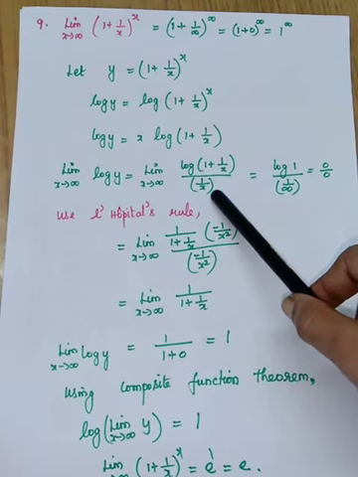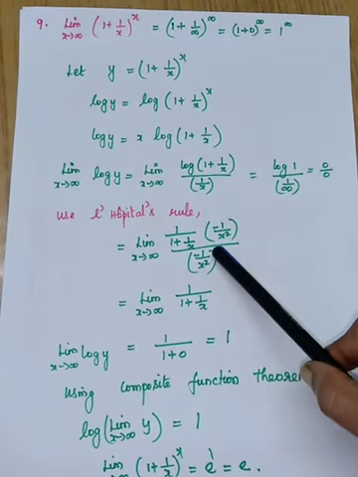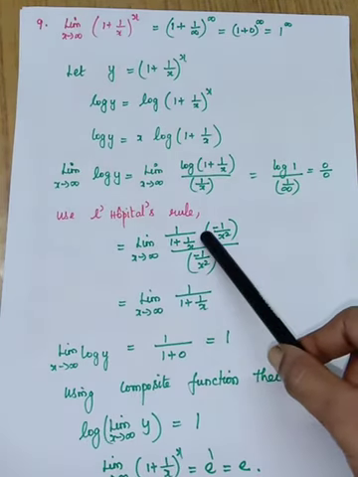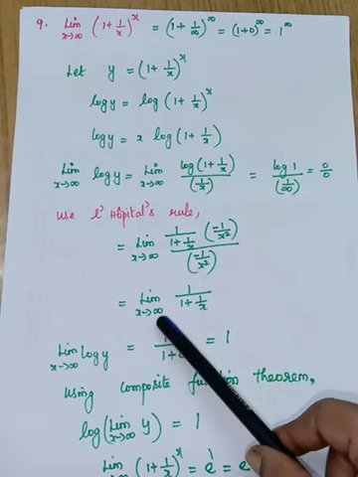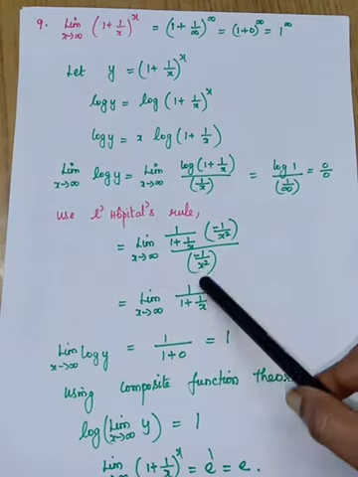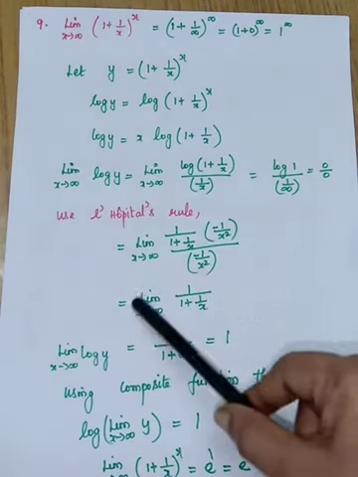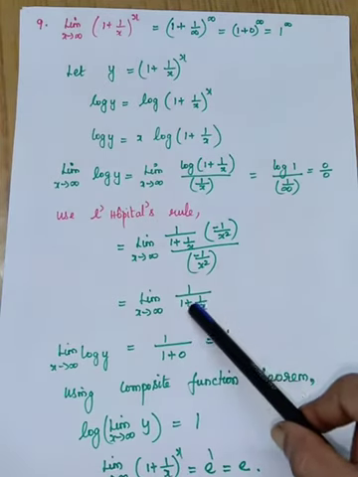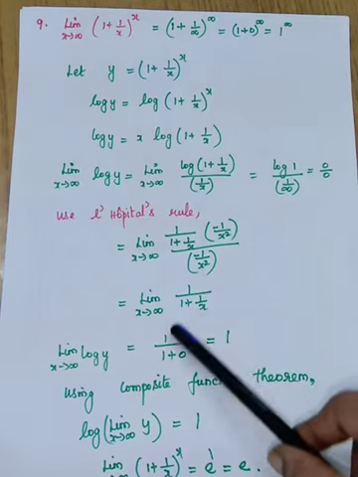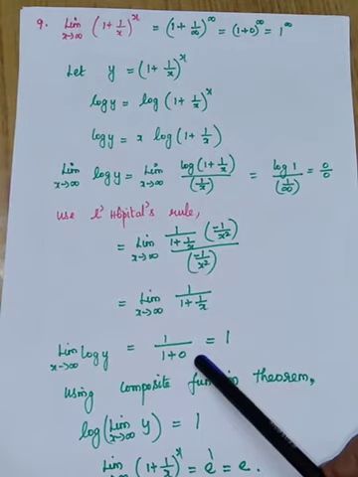Come to the denominator. Here you are having 1 by x. The differentiation of 1 by x is minus 1 by x squared. So the minus 1 by x squared in the denominator and the numerator's minus 1 by x squared get cancelled. So the remaining is limit x tends to infinity 1 by (1 plus 1 by x). Okay, you are going to apply the limit. So x tends to infinity. 1 by infinity is 0. So 1 by (1 plus 0). So the answer is 1. So we have completed the right hand side.